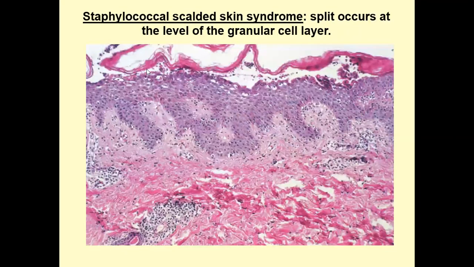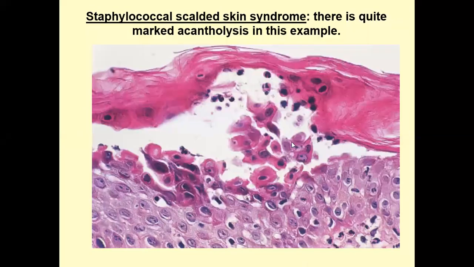Just like bullous impetigo, this is a split which you can appreciate is subcorneal, and this is the underlying epidermis. And here again, you can see the acantholytic cells. If you see this kind of picture in the exam, you must say that this is pemphigus foliaceus. You will not call it impetigo.